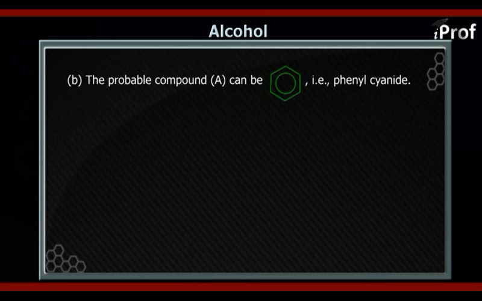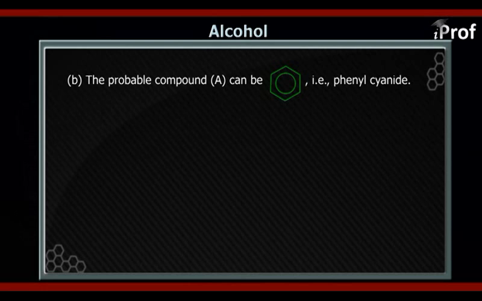Therefore, there is one group present over the ring. And because the molecular formula of the compound has only 5 hydrogens, these 5 hydrogens will be attached to the ring only,